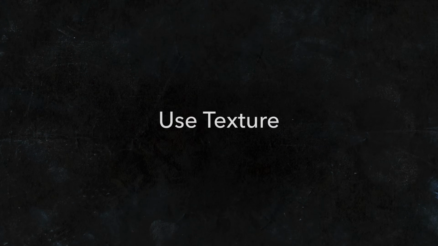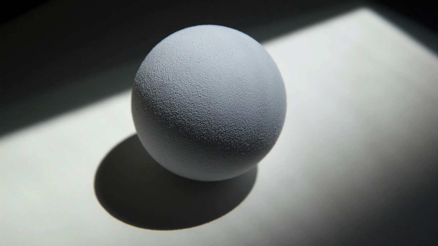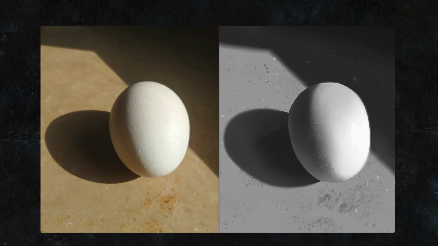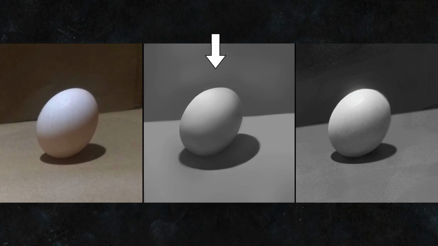Next, if you work digitally, make sure to add texture to your egg. Otherwise, you get this very smooth digital look, like in this example here. The texture happens mostly within the dark halftone region, but not only. And the texture of your egg will have a very specific pattern and quality to it. In this image there is texture, but the shapes are too small and the texture is confined to only the dark halftone area, which looks unnatural. The middle image here is lacking texture, while the right image has a bit more life to it.